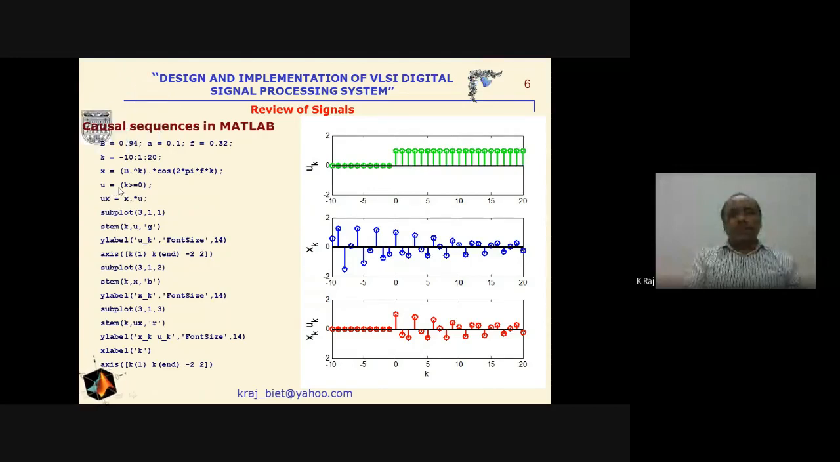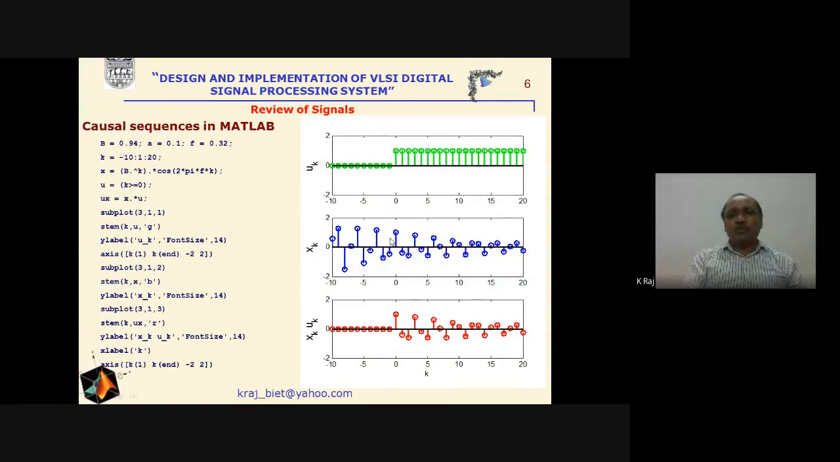And u, that is the unit sequence, will be generated here, and the unit sequence exists only when k is greater than or equal to 0. The uk will be generated here, the unit sequence. Now if we multiply this sequence, that is the